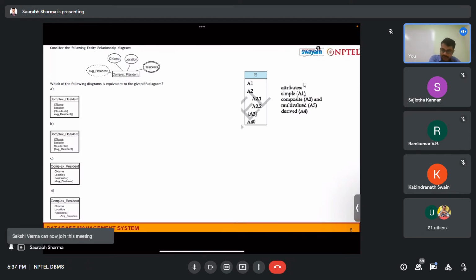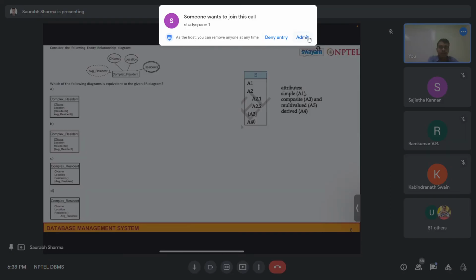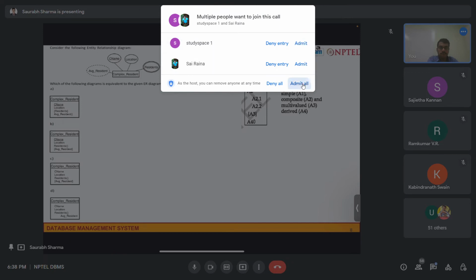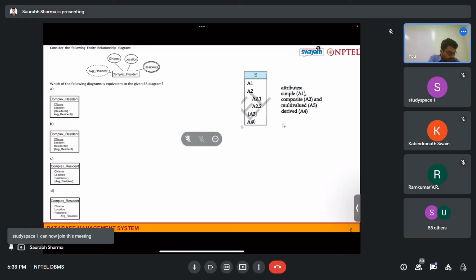coming to the next question, what it is telling, we are given this entity relationship diagram. We have to check the options, and we have to get the diagram which is equivalent to it. You just go through it and write the answers if you know. Okay, so first one,